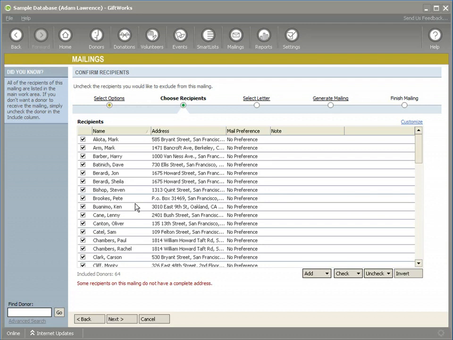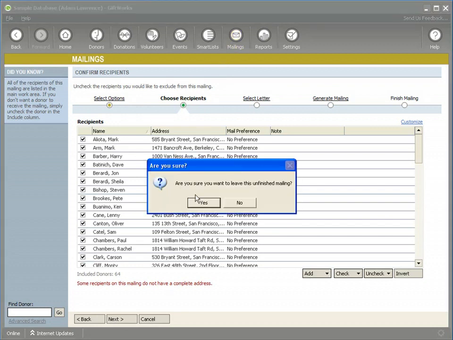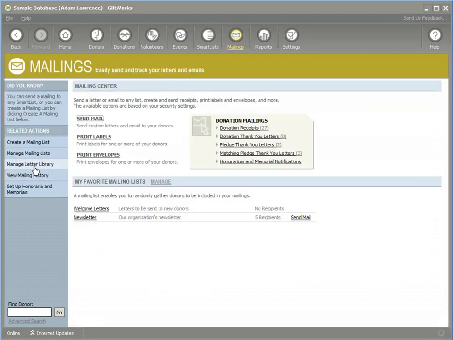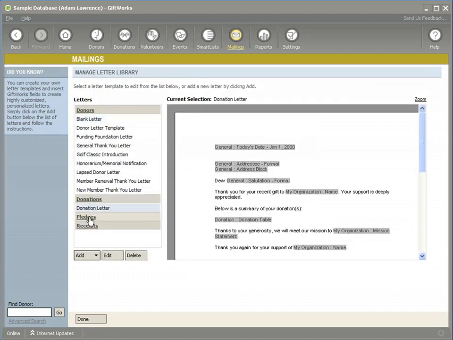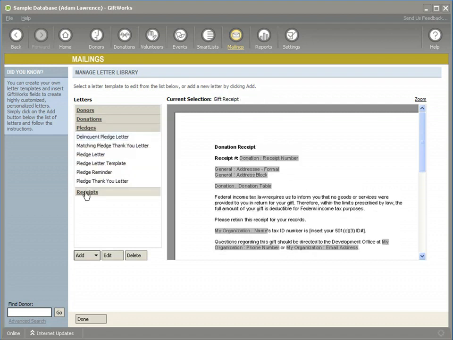Why is it important to understand the four types of mailings? Well, as I showed at the beginning of this video, it's important to understand the four types of mailings because the four types of mailings correspond to the four categories of letter templates. So if I'm doing a donor mailing,